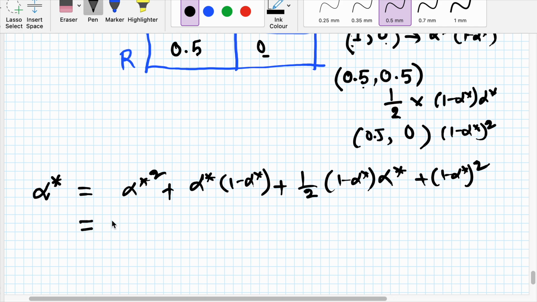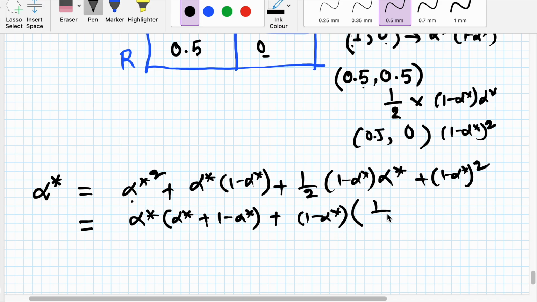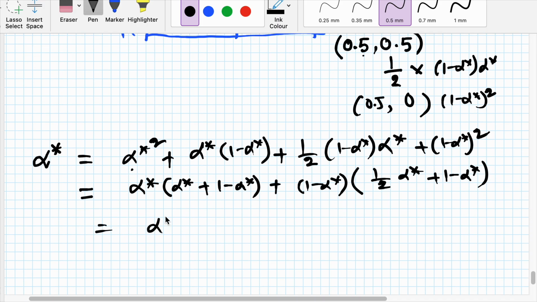So if I simplify this, alpha star square into alpha star plus 1 minus alpha star, here half alpha star plus 1 minus alpha star, so this will be alpha star plus here 1 minus alpha star